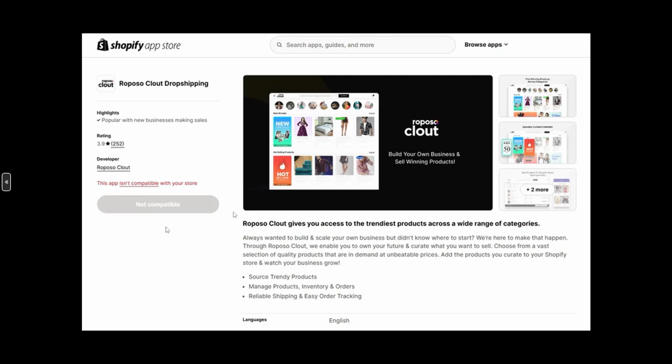And there you have it. That's how you can easily import products from Roposo to Shopify using the Roposo Cloud